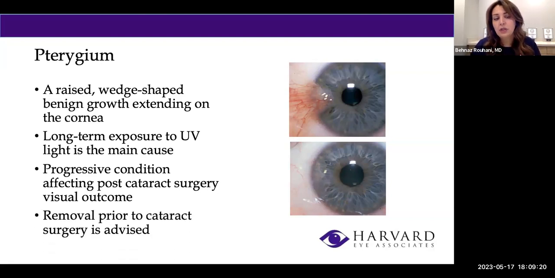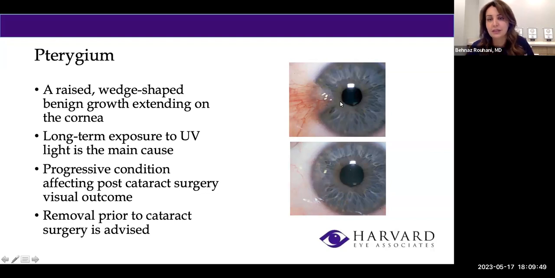And I usually do like to remove these prior to cataract surgery. I've seen some of my colleagues don't, because they go by how much this is causing irregularity of the surface, whether it's at an advanced stage or not. I do like to remove them prior to cataract surgery because once the patient comes for pre-op examinations, I have a nice clear cornea, where those pre-op testings will be more accurate, number one.